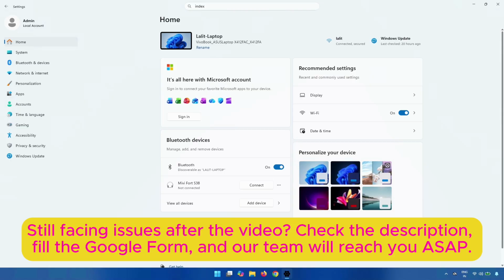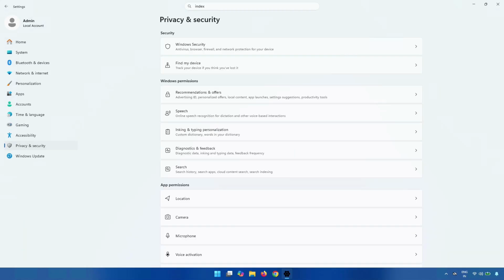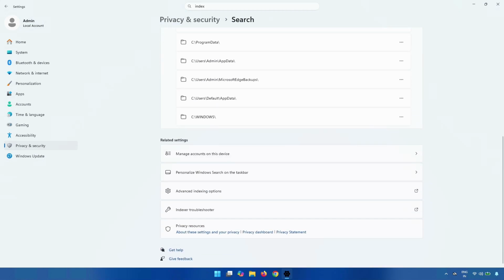Otherwise, go to control panel, settings, and privacy settings, security. Then this is search. Okay, slow down, advanced indexing options,